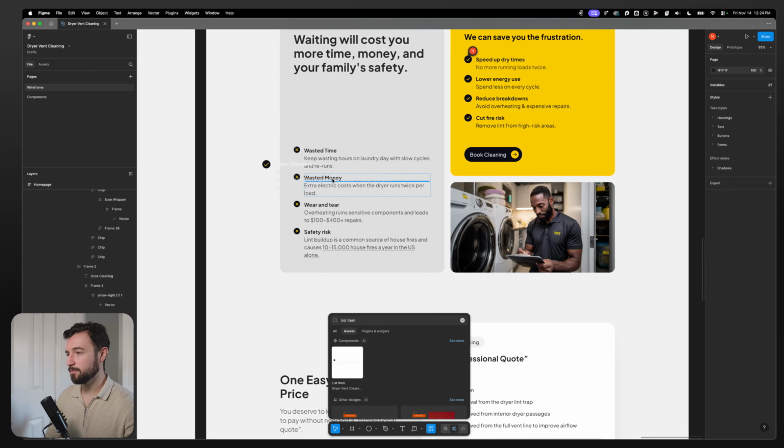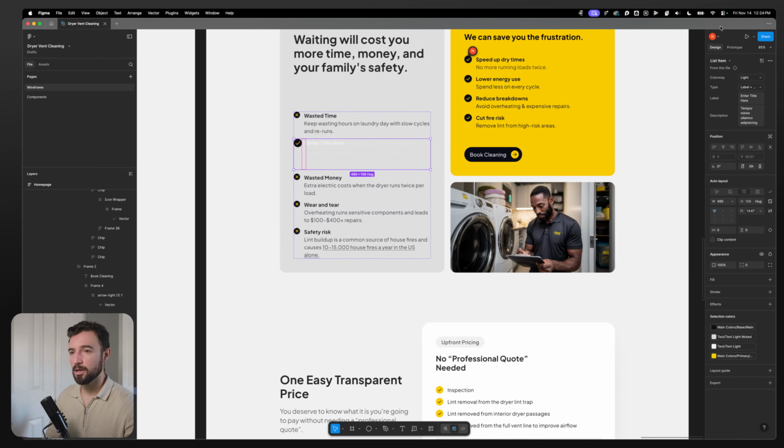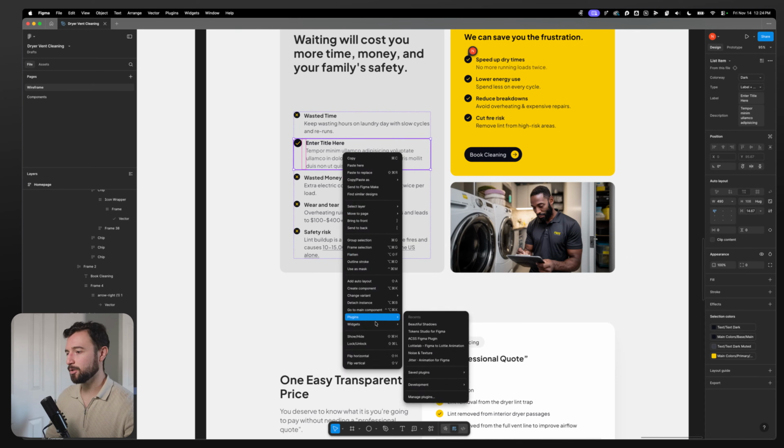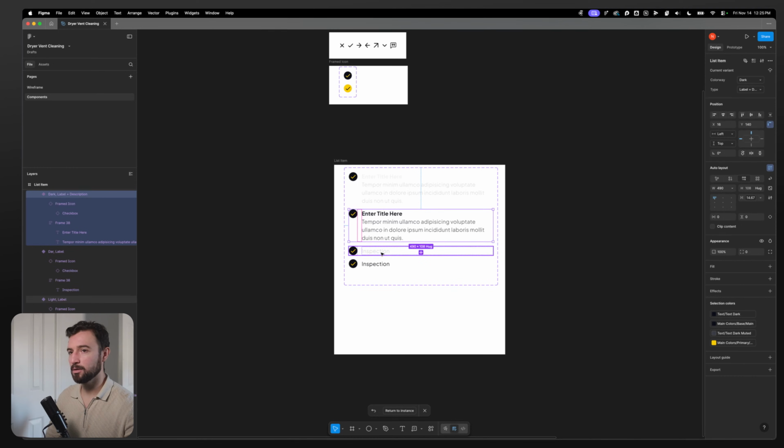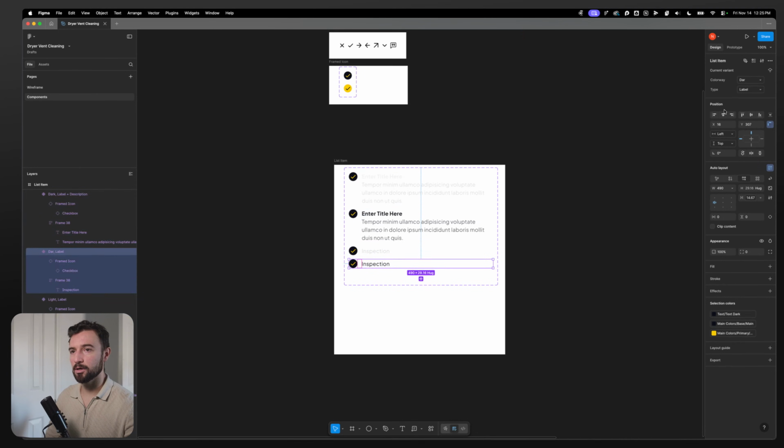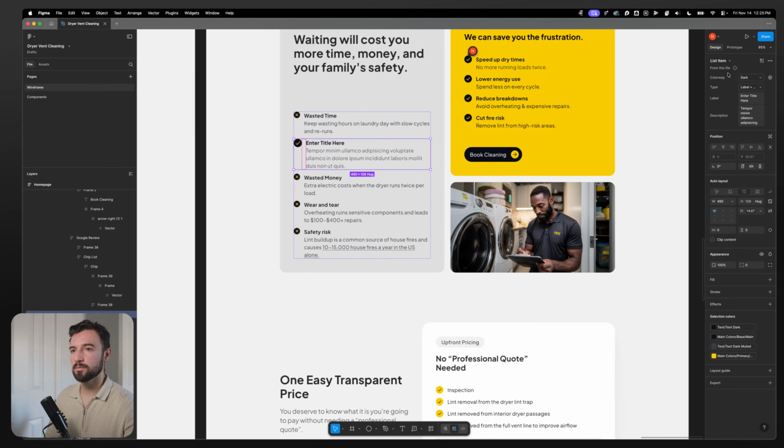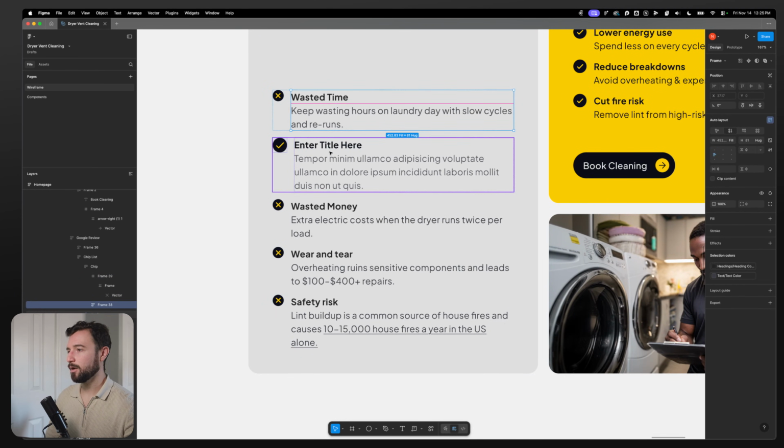So there's my list item. Let's drag that in there. I want this to be my dark. Oh, what's that? Take me to this. So I'm going to go to main component. Light, dark. Oh, that's why. I want dark. So it's the same. Okay. Yep, dark. I want to label. And then I want to say,